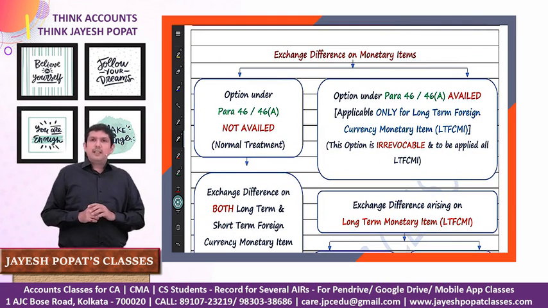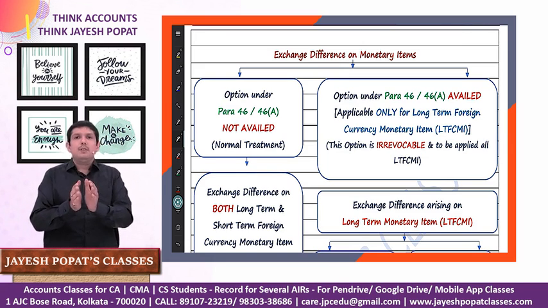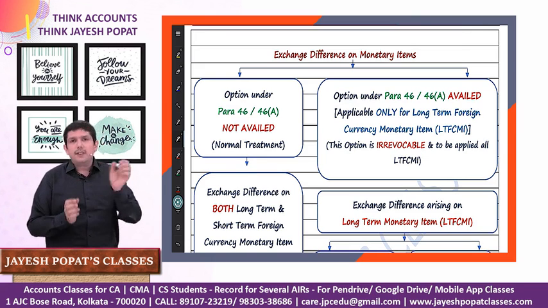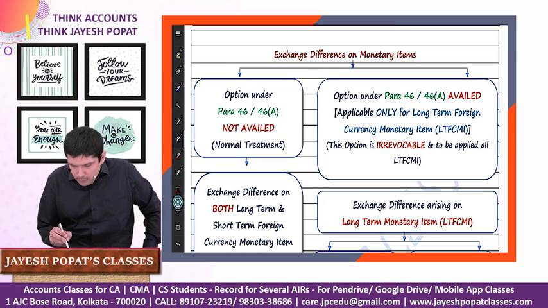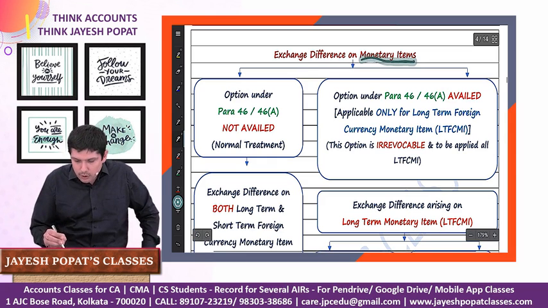Basically, let us talk about the exchange differences. What are these exchange differences? The exchange difference is reporting the same number of units of foreign currency at various different rates on different dates. That is the exchange difference. So, exchange difference on monetary item, we have already concluded that there will be no exchange difference on non-monetary item